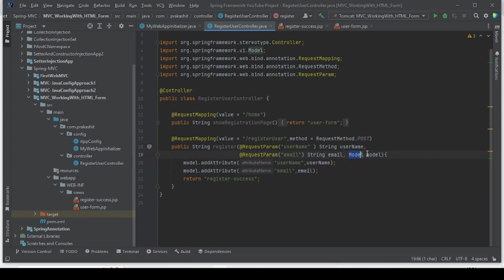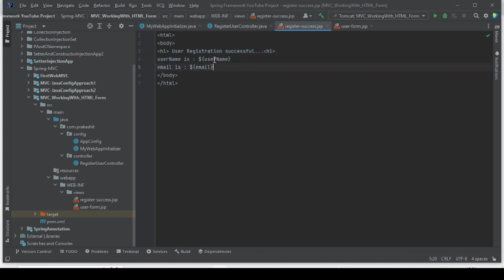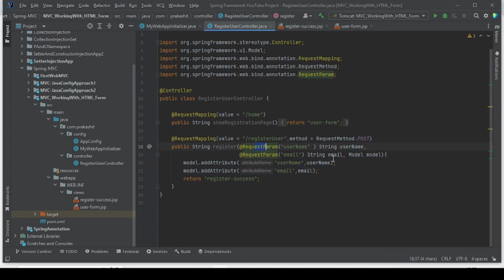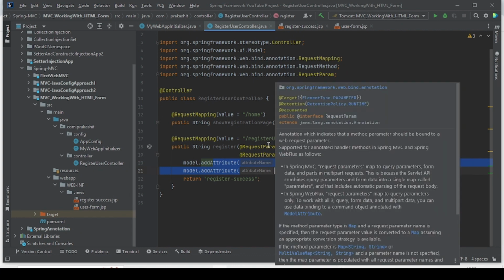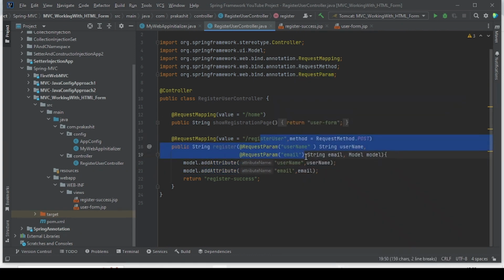and that we are putting into a model map. We have taken one model map, and into the model map we are trying to send the data. As part of the success page, we are trying to display whatever we added to the model map on this JSP page. This is what we did in our previous example with the help of request param and model map. But today I'm going to show you how to bind whatever the user is trying to send as part of the request,